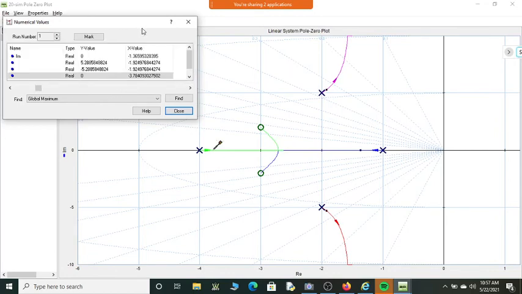Okay, because we missed out this term, it was coming out as some different angle, 175. This is how we need to connect all poles and zeros to the point for which you are finding the angle of departure or arrival. Correct? Now we need to find the angle of arrival.